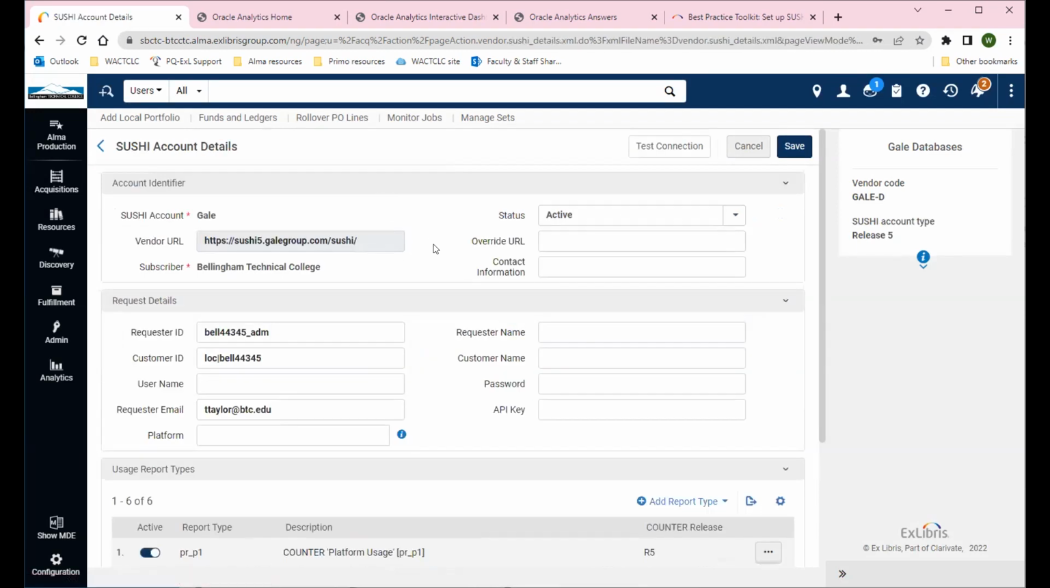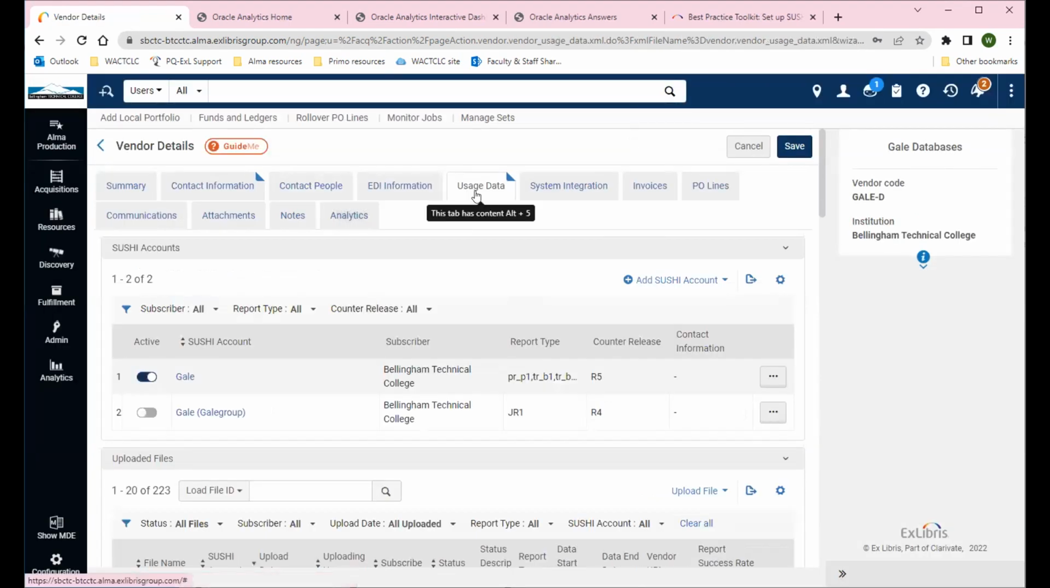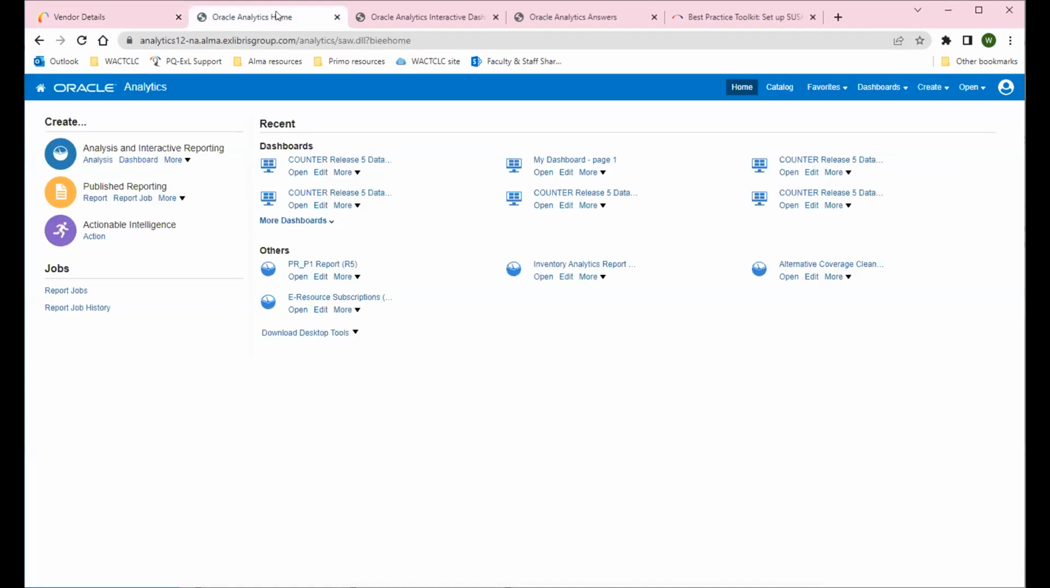And for Gale, actually all you need is the requester ID and customer ID. For ProQuest, you'll need passwords and API keys, and everybody needs different stuff, but that's all listed on the Alma site. So they have Gale loaded, and it's under usage data. Now, I've opened up analytics, and first I want to just show how I create